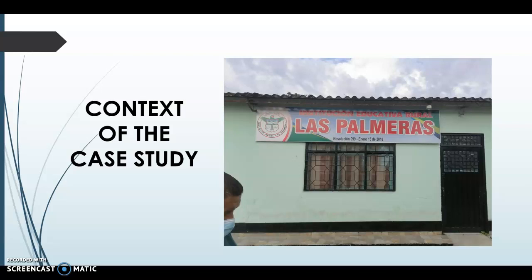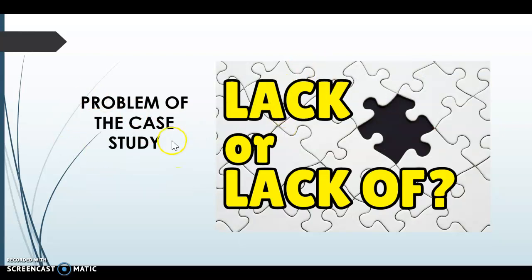In this institution, I observed a problem in the English subject, and it was the lack of educational quality in the English subject in the rural zone. Why? Because when I observed the ICFES results, I found that this institution has some problems in the results in English. So I started to ask myself why this happened. So I found